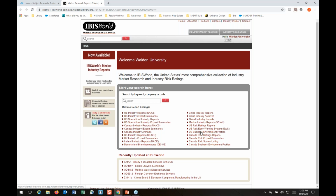I am going to show you the US business environmental reports or profiles because I think those are kind of cool. But just know that the information provided in each one of these as far as industry reports is pretty similar. They're just focused on different countries. You'll notice this first one says US industry reports, NAICS. This actually stands for North American Industry Classification System. Hopefully I got that right. And that is how the US government indexes different industries. So if I click on it,